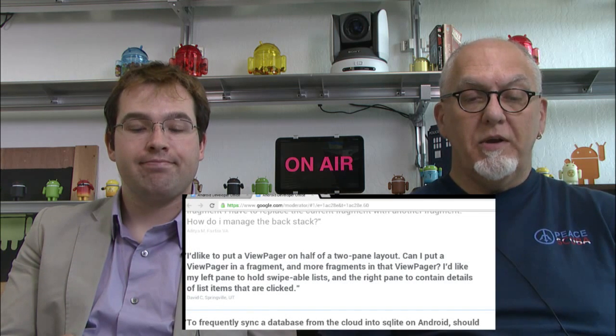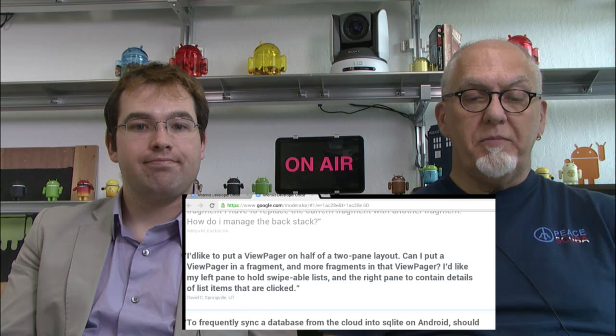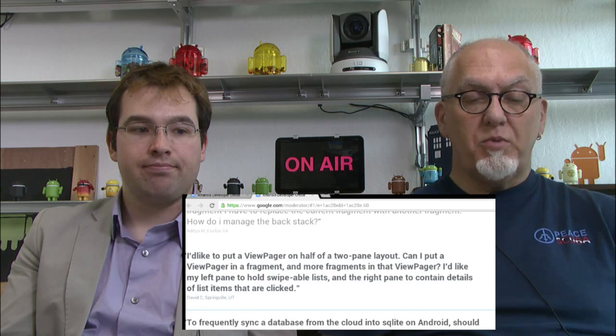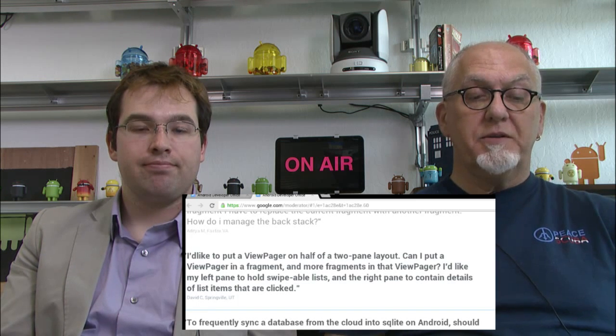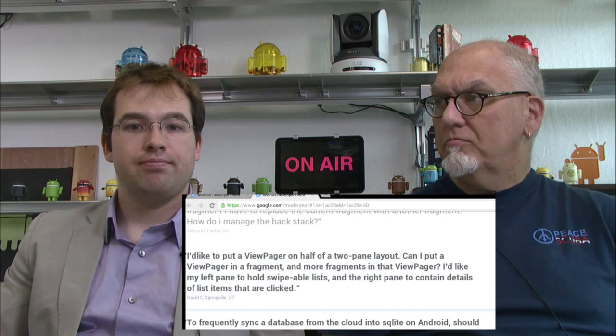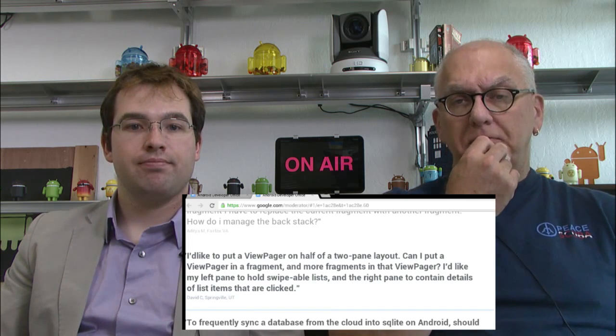I'd like to put a view pager on half of a two-pane layout. Can I put a view pager in a fragment and more fragments in that view pager? I'd like my left pane to hold swipeable lists and the right pane to contain details of list items that are clicked. So this is one of those cases in which I would say that it's not strictly necessary to